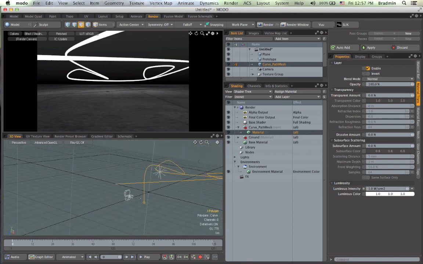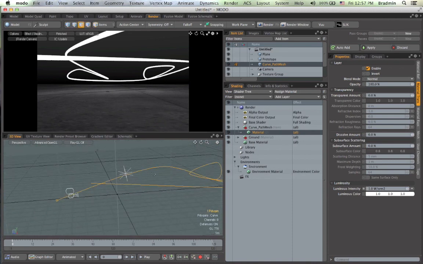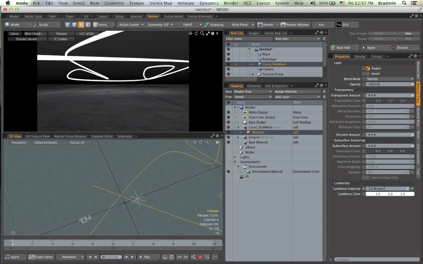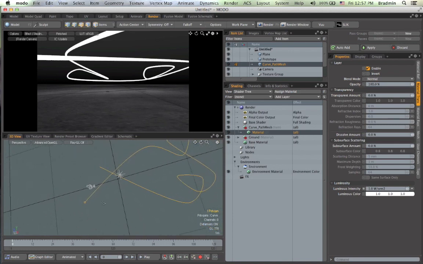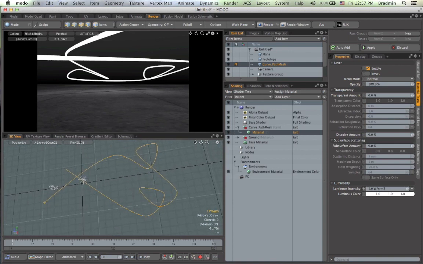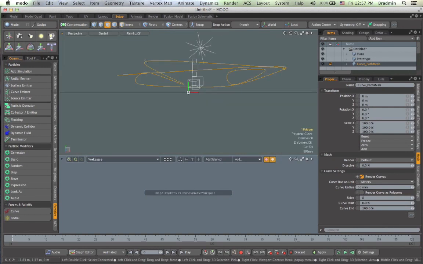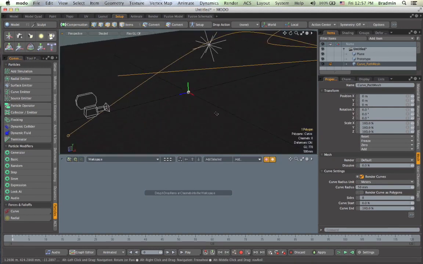I'm going to leave it like this for now, but I can tell that already I'm probably going to want to adjust the start and end frames. But the next thing we need to do is get a particle system in here and lock it to that path. So we're going over to the setup tab, and we'll set this to perspective view,